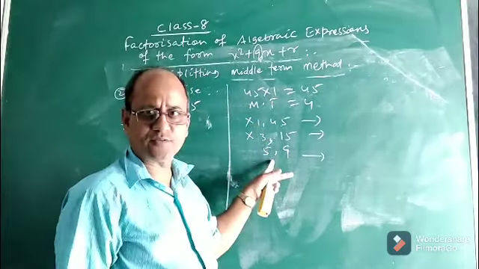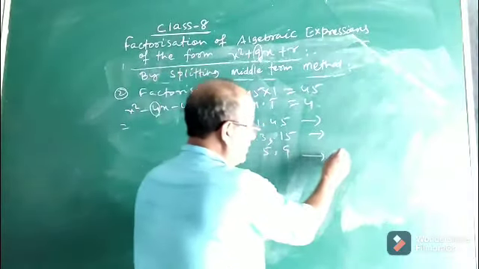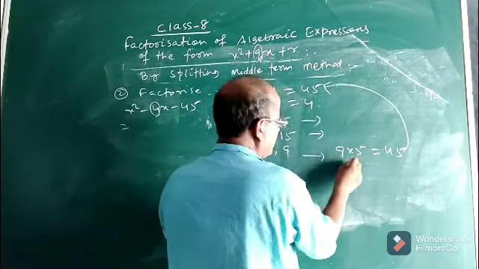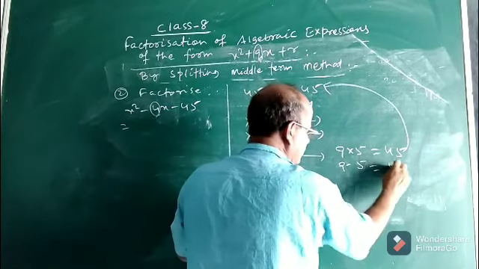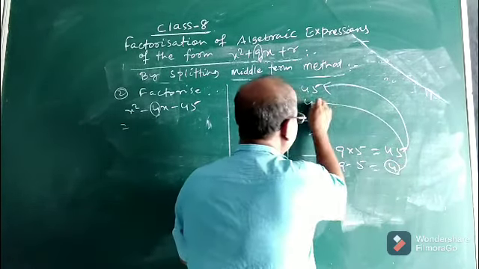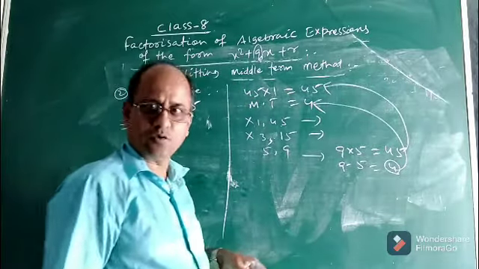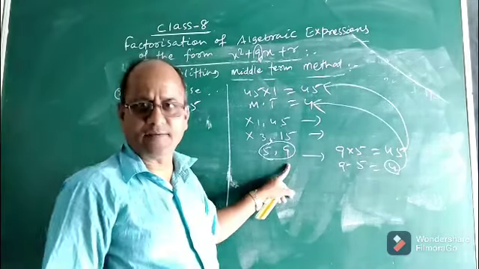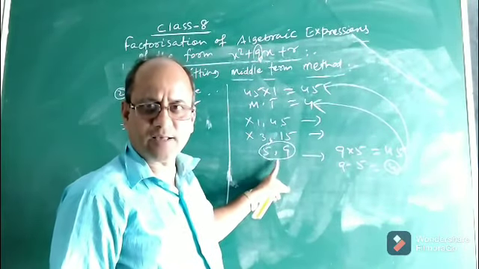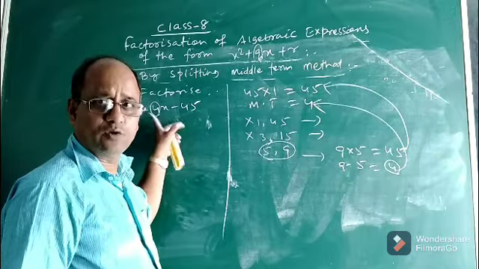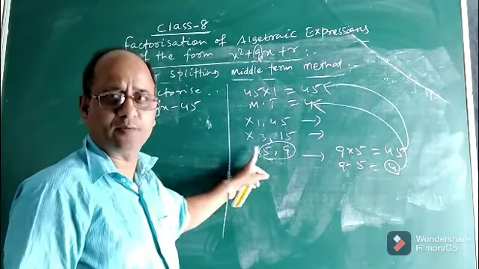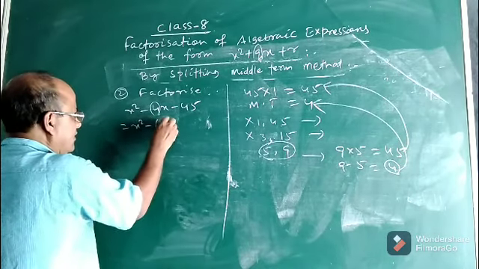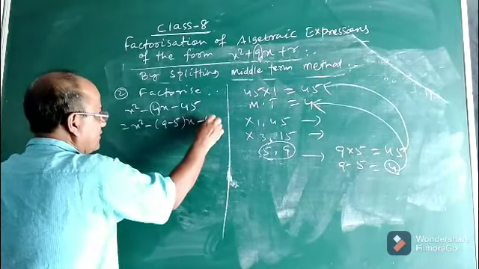Now look at the third choice. 9 into 5 is no doubt 45, equal to this product, and 9 minus 5 is equal to 4, which is equal to the middle term. So the correct choice will be 5 and 9. By this I mean to say that the middle term 4 will be split as 9 minus 5. So what will I write? I will write x square minus (9 minus 5) into x minus 45.